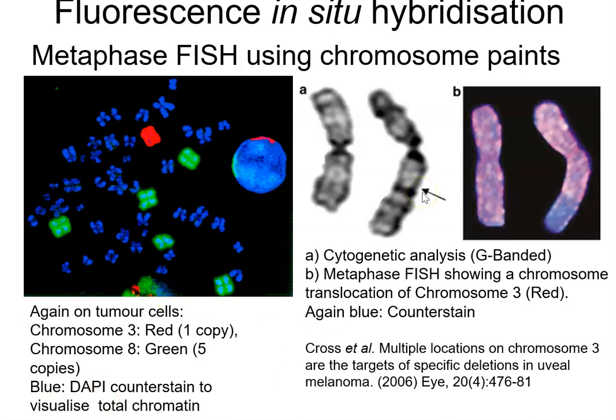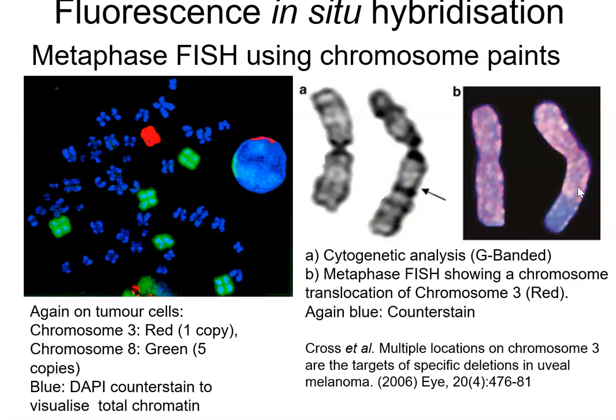And then this is another example which is from one of my papers where we've been studying chromosome 3 and we've used a combination of karyotyping and chromosome paints to characterise a breakpoint on, in this case, chromosome 3. This is normal chromosome 3, and then this is chromosome 3 with a translocation. So there's something stuck on the bottom of chromosome 3 here. This is something other than chromosome 3 material, and that's proven by this